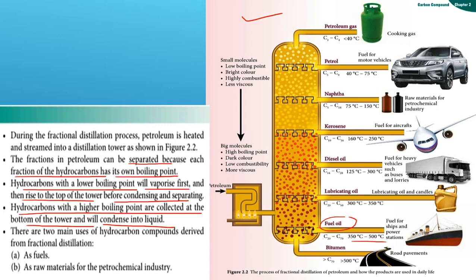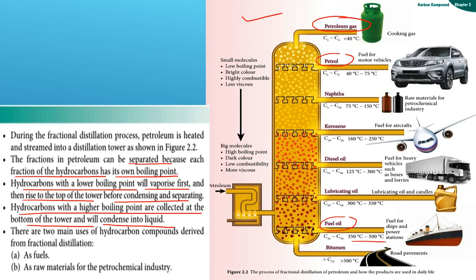So sangat tinggi. So dia akan condense into liquid. Okay, like that. So this one petrol also. This one petroleum gas. So dia punya boiling point ini rendah sahaja. So that's why dia akan